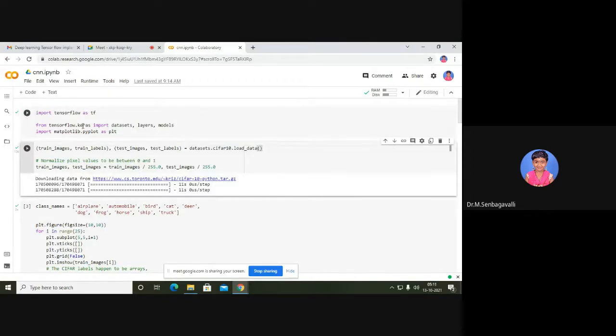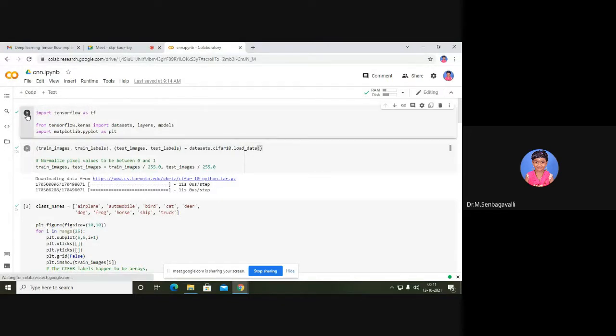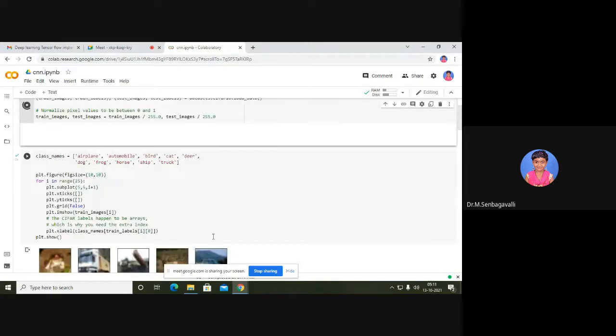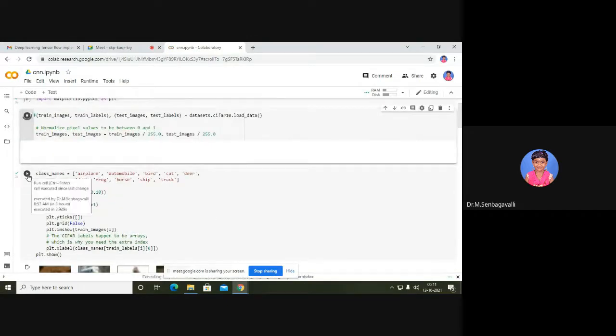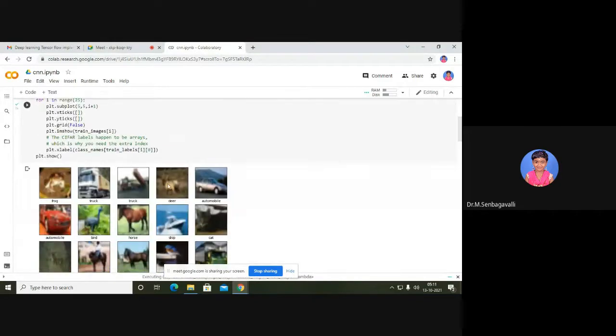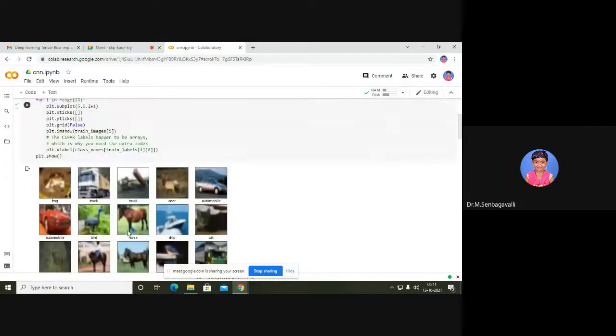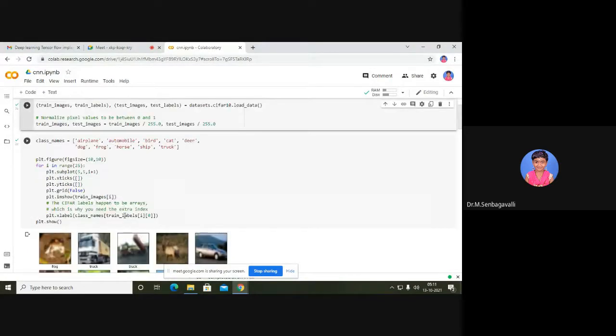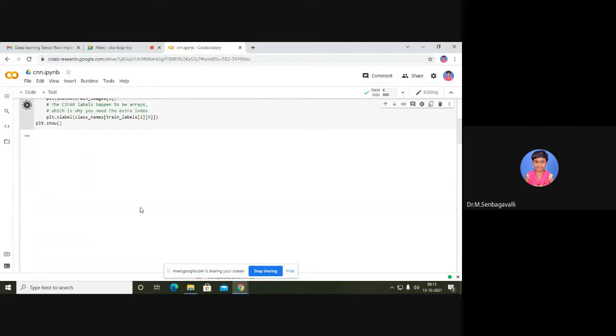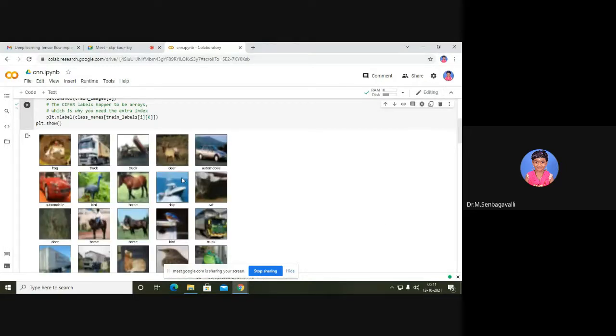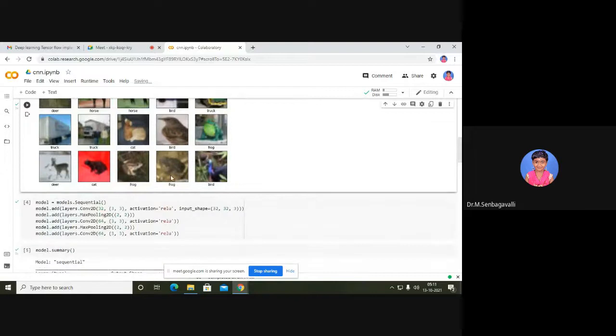And once you include the code in Colab, you want to compile portion by portion. First you have to run this, you have to import, then you have to load the data. Once it is loaded, then you can go for this. From the beginning it was not displaying. Actually I implemented it yesterday, so it is displaying the 25 images. Because the first time, if anything is wrong in that particular code, it will show an error. Otherwise it will show the output related to the input. Whatever classes you have given, that corresponding output it will display as an image. I implemented it yesterday, so it is showing.